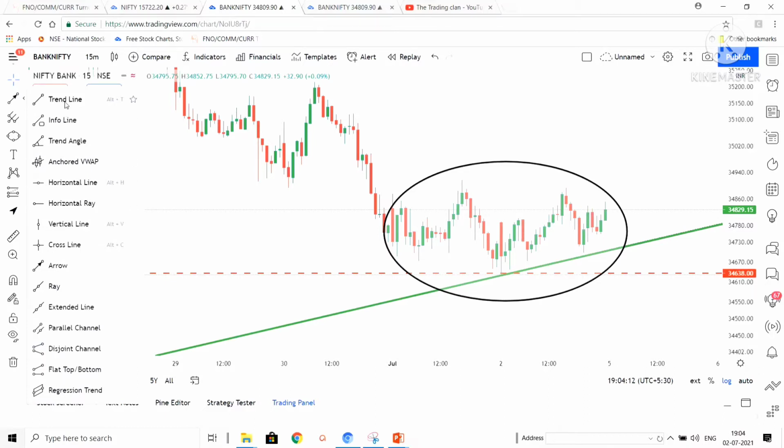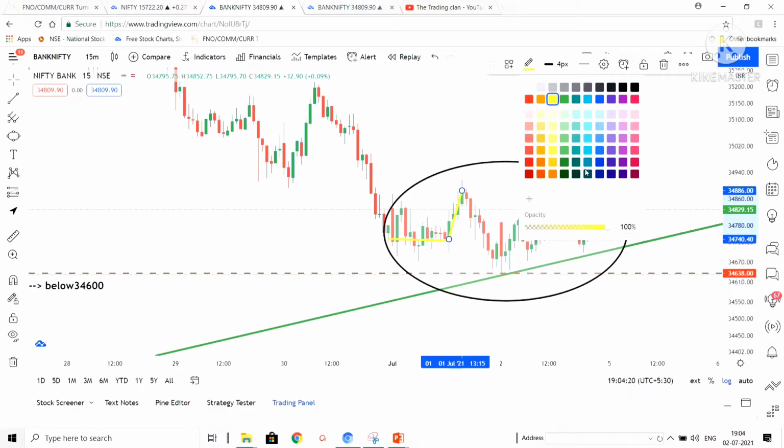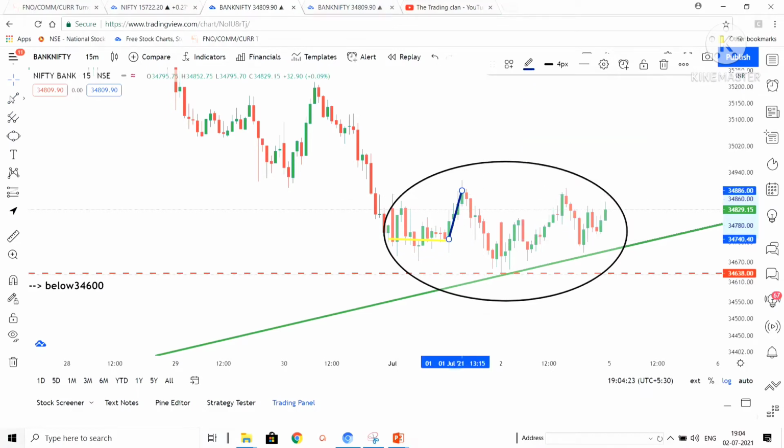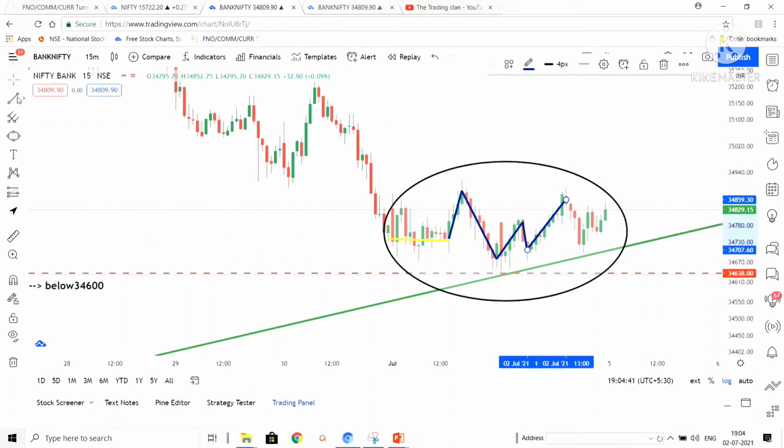Look at this area. Here we don't see much movement. We have a sort of consolidation, slightly moving upside and slightly moving downside, but we don't see much movement in this area. This is a very good sign that the market is going to start in any one direction in the upcoming days. This is one of the important points to be noticed for finding the direction of the market in the upcoming days.